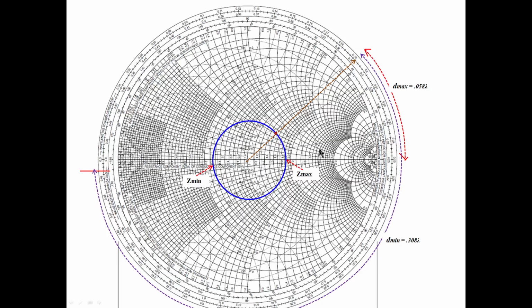That I have made here. I want the impedance here. I stopped here. What is the distance from here to here? I have drawn one more line passing through here. It intersects here at 0.25. Here it is 0.192. So take a difference, and we get 0.058 lambda from here to here. You can do that.